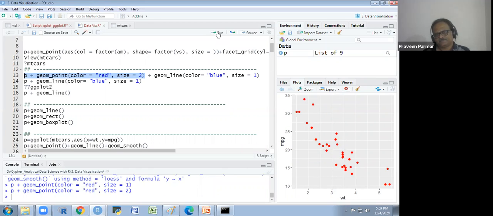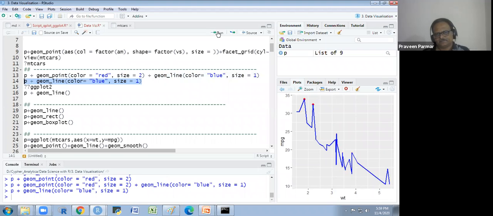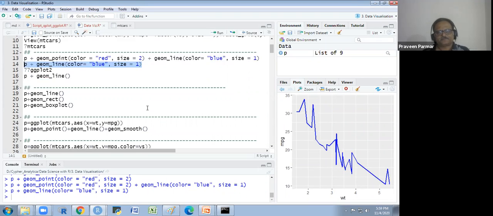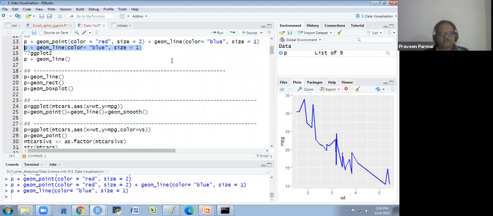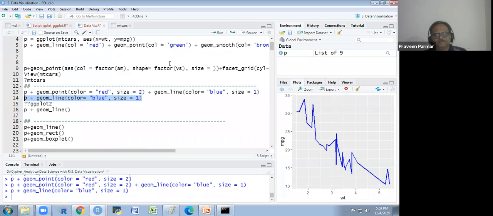And for line, we are making a line also. If I just make one line, not the points, as I explained earlier. Got it? This I will explain later, because first we read some other things.